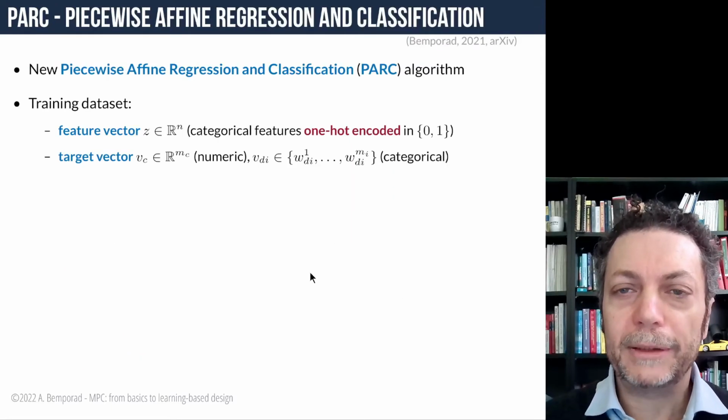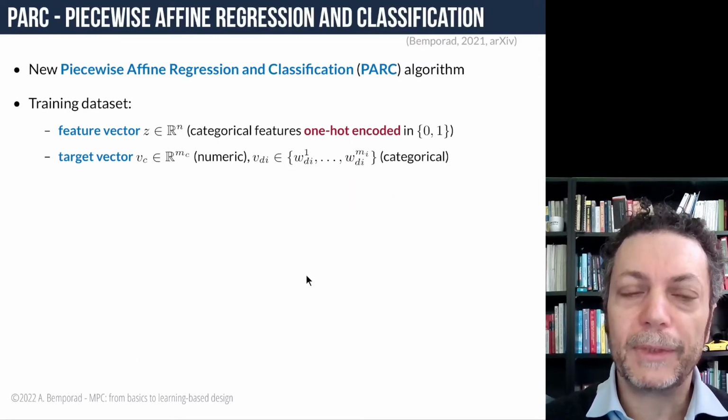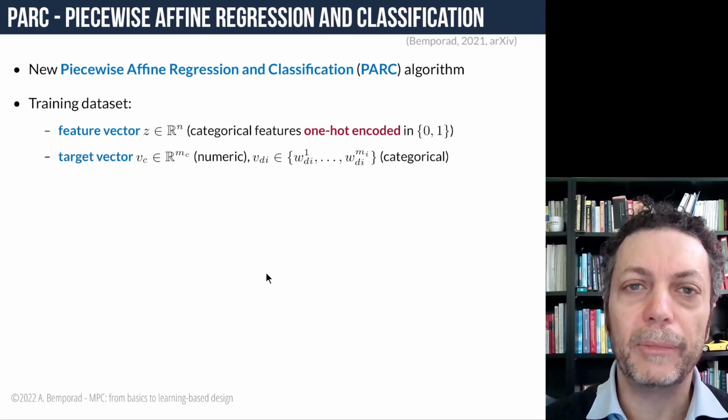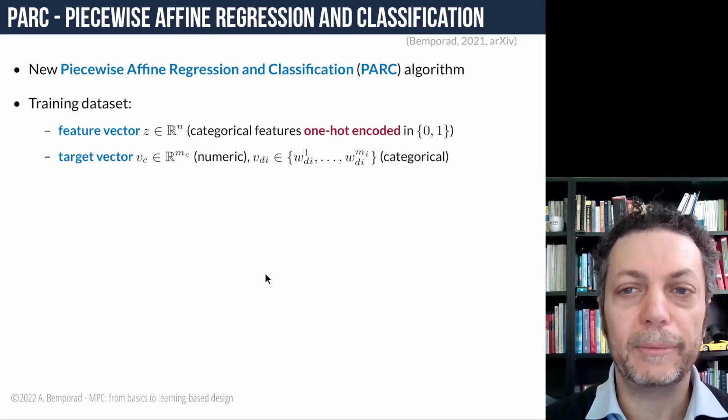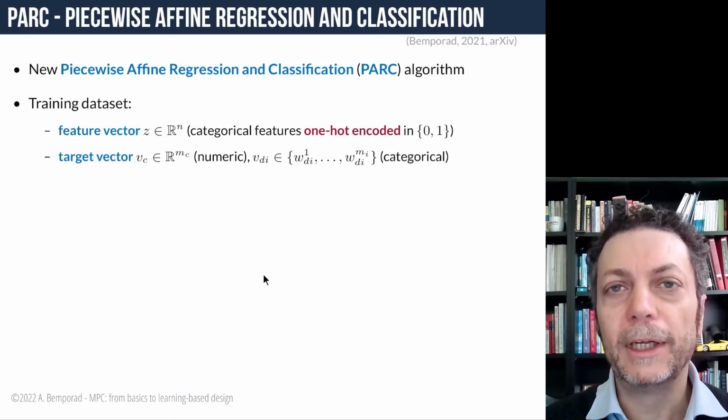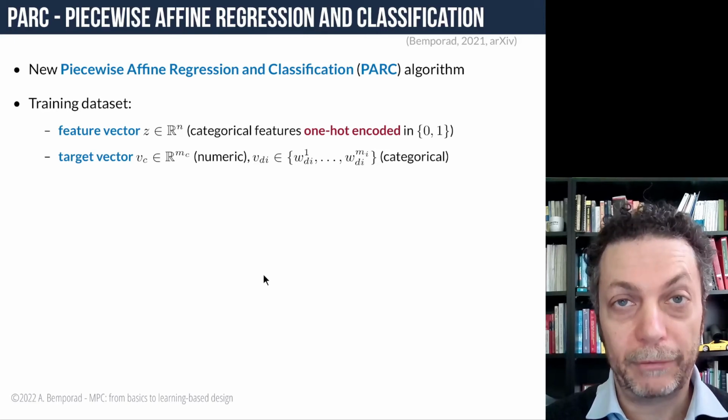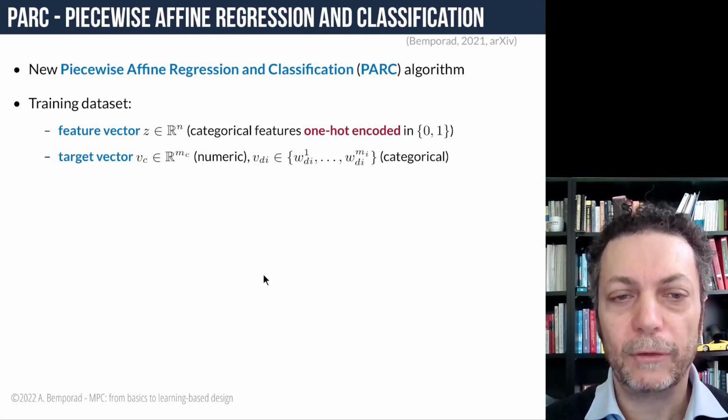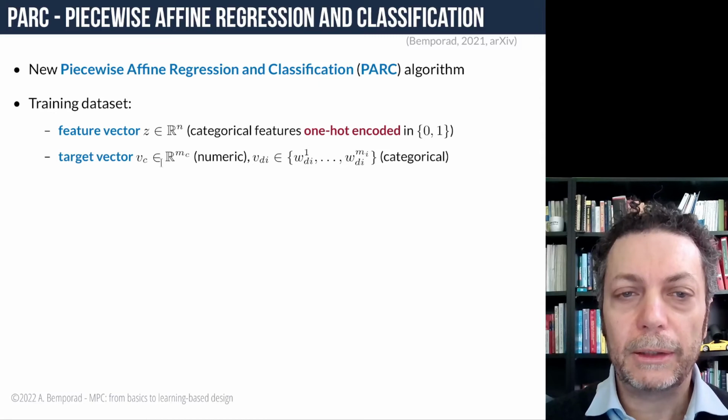Now, here is a new method that I've developed recently, which is a general method for piecewise affine regression and classification. So you can train both continuous outputs and states and binary outputs and states. In general, states and outputs that can assume a value within a finite set of possible values. So let's say